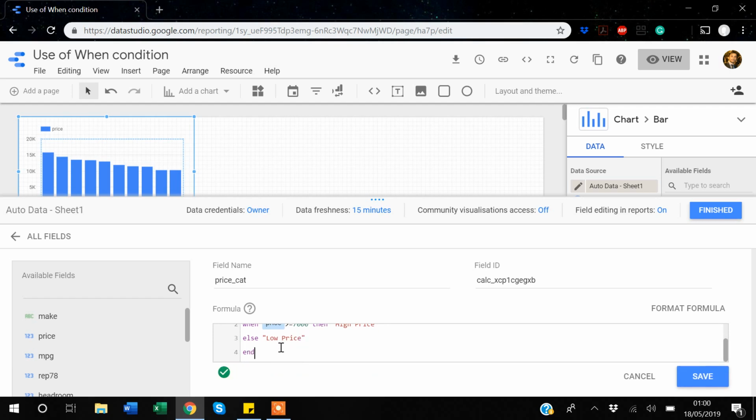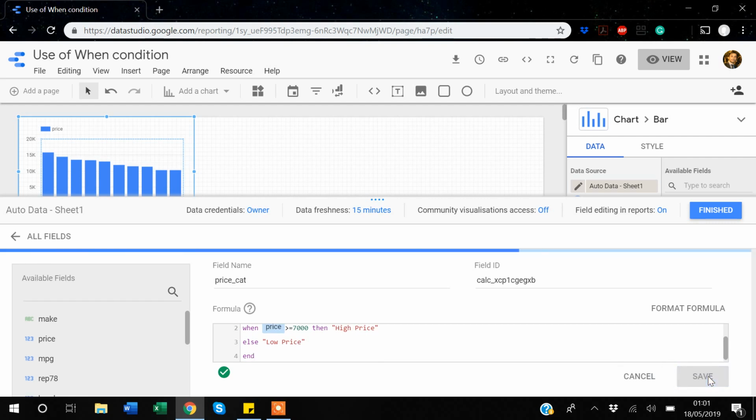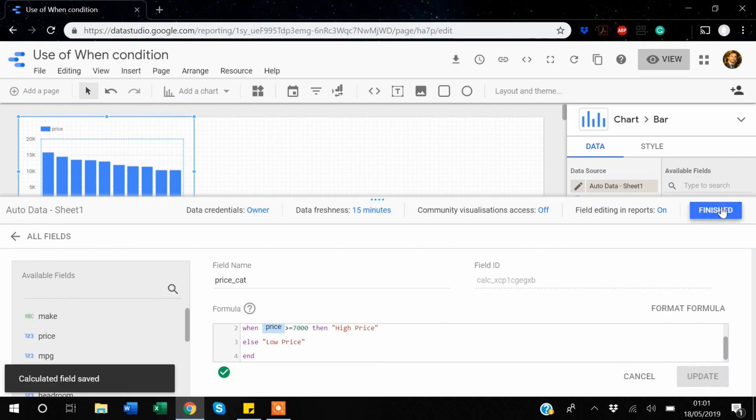As you can see, before I write down end, there will be some error sign occurring, but as I have entered the end, there is a green tick sign appearing here, which means that the syntax I have written down is correct. There is still a possibility that I have added some logical error, but overall it means that the syntax I have written can run without any error. So let's save it and say finished,